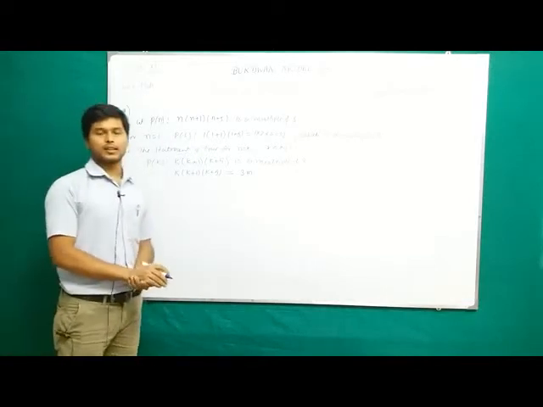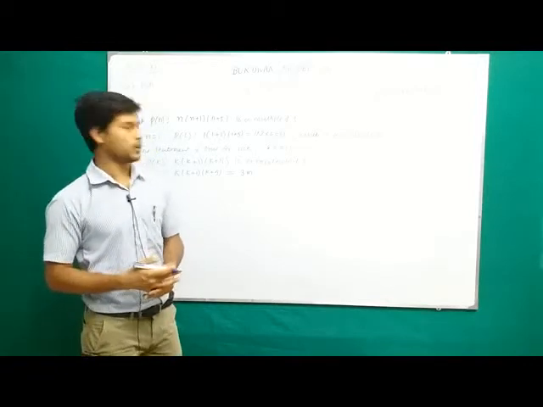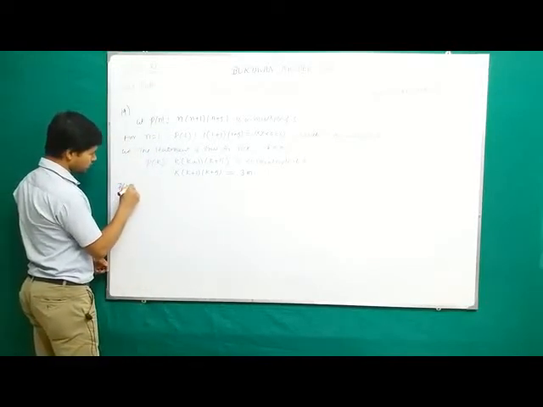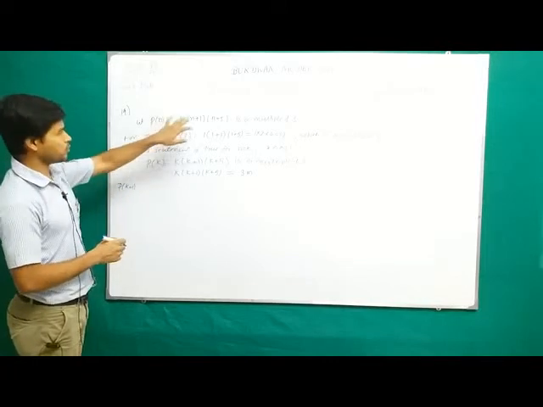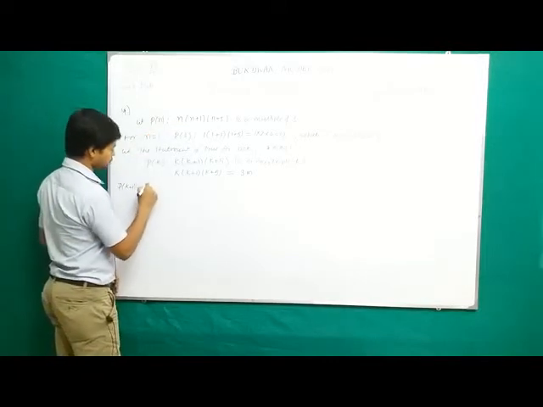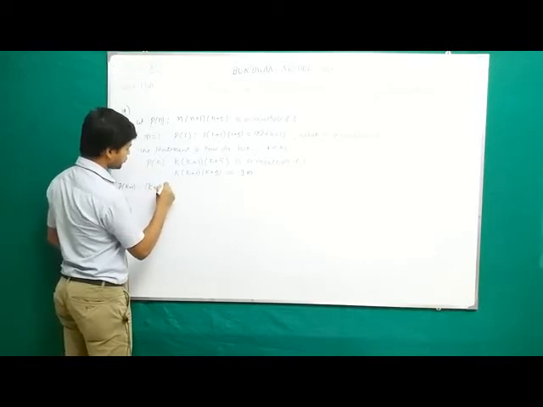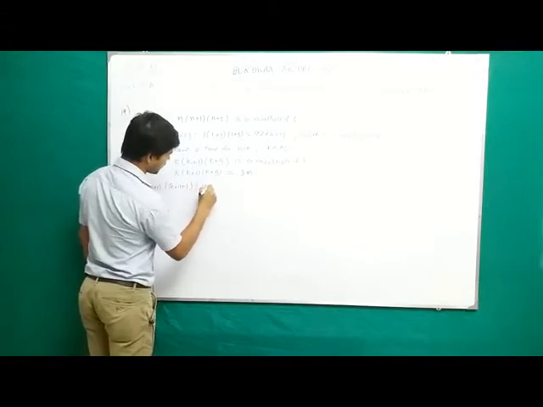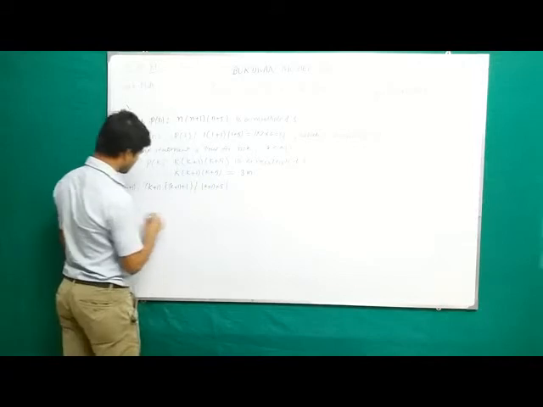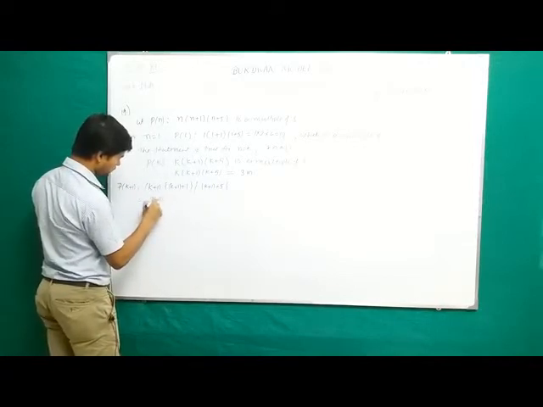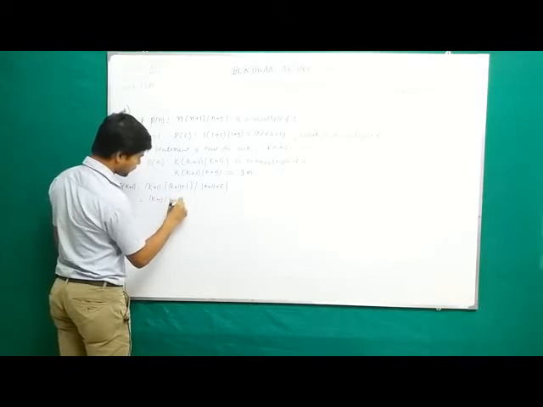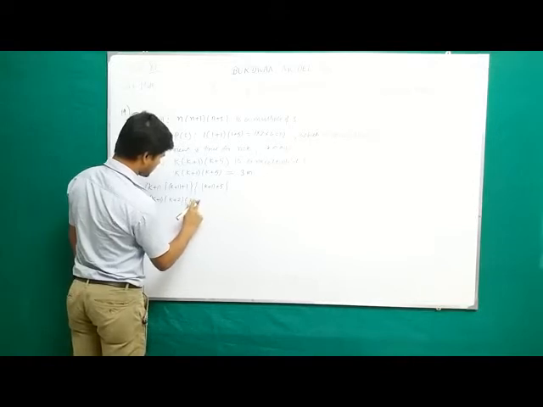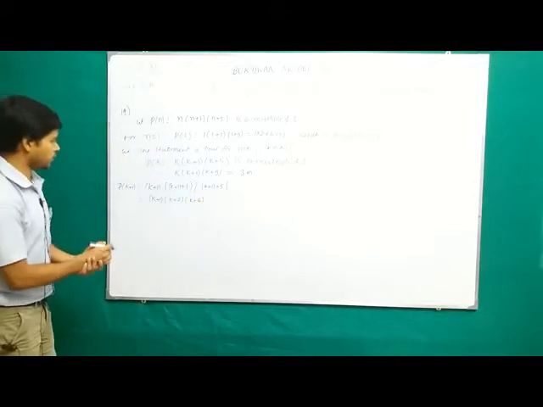Now we shall prove that p of k plus 1 is also true. That means p of k plus 1 is also a multiple of 3. So for this, consider the expression p of k plus 1, means in place of n put k plus 1. So k plus 1 into k plus 1 plus 1 into k plus 1 plus 5, which is equal to k plus 1 into k plus 2 into k plus 5 plus 1, means k plus 6. Now we have to multiply this.